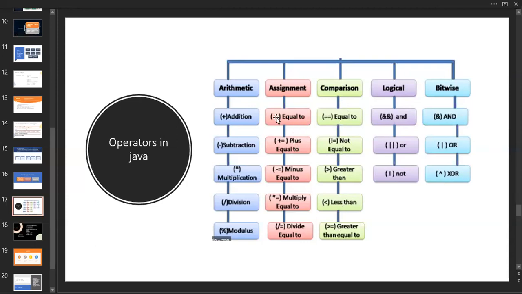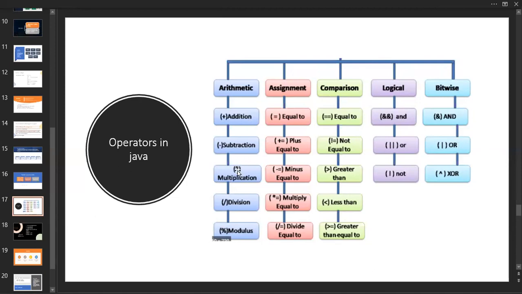We already said this is an assignment operator, used at the time of initialization of variables, like i equals 1. All these are familiar in conditions, and we are going to discuss them. There is no need to worry; these are simple things you can understand very easily.